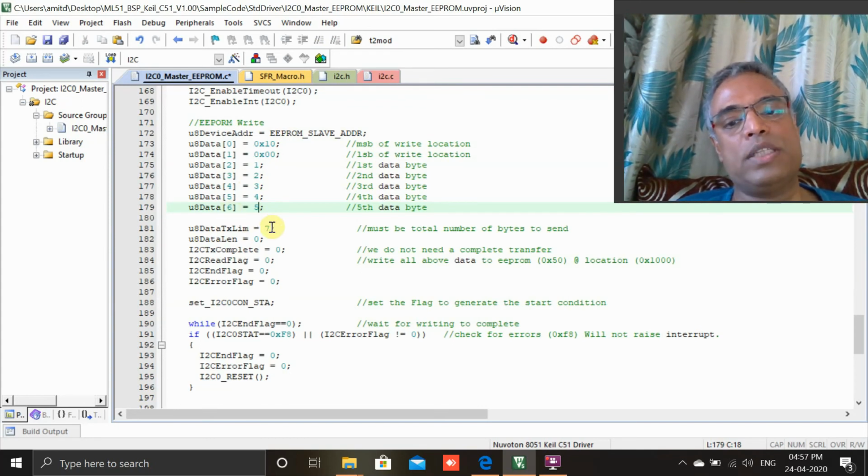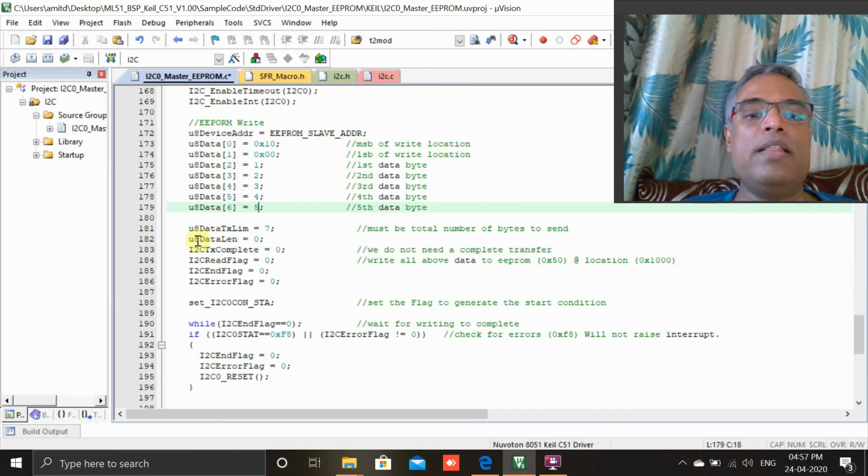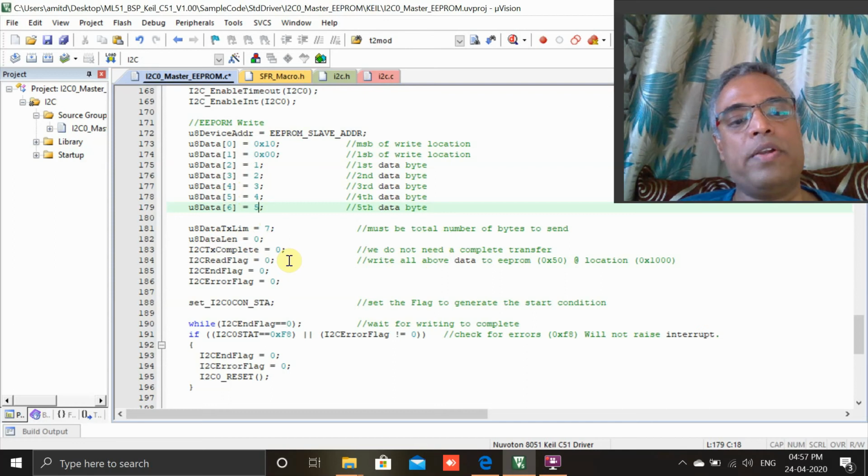These are 7, 0 to 6. This total number of bytes is 7. Then this is the running counter, which I will keep right now as 0. You will find most of this code is commented. So you will see that